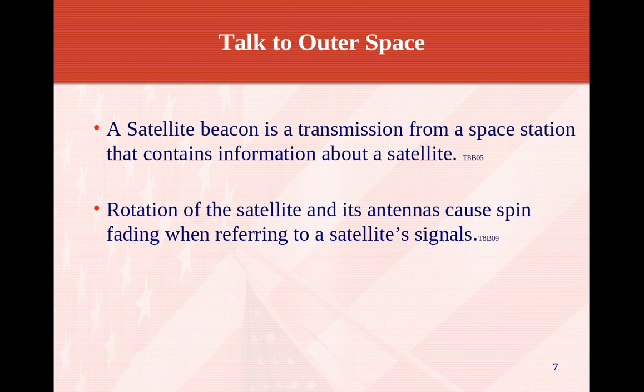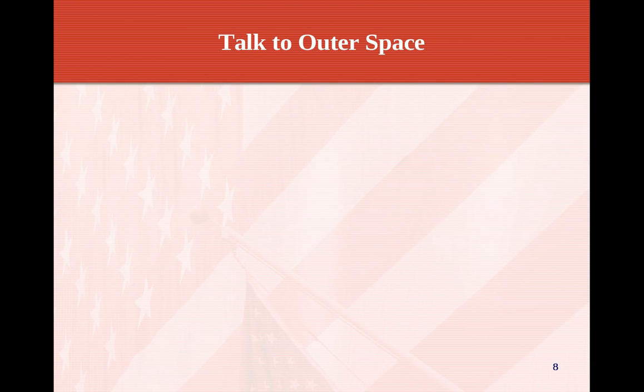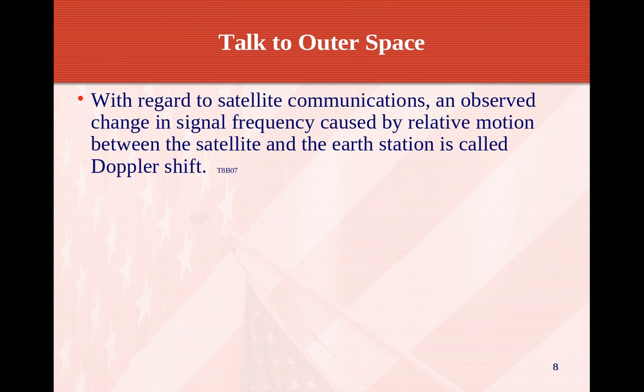The call sign will actually be in CW as well, or Morse code. Rotation of the satellite and its antennas causes spin fading when referred to satellite signals. With regards to satellite communications, observed changes in signal frequency caused by relative motion between the satellite and Earth station is called